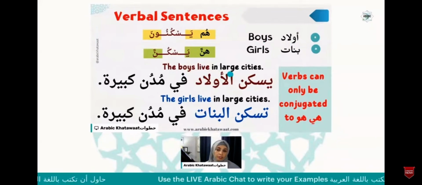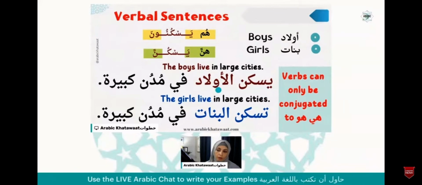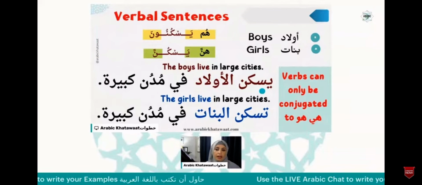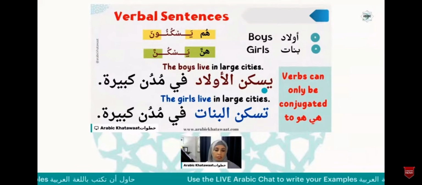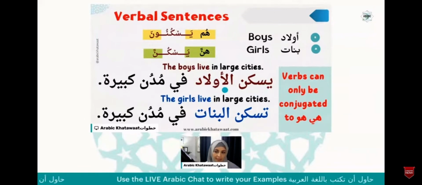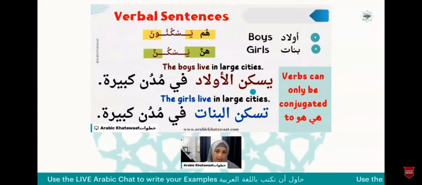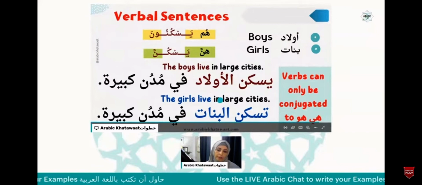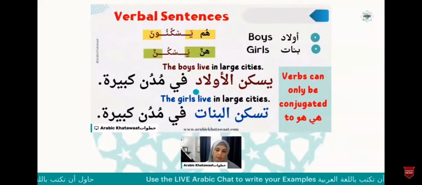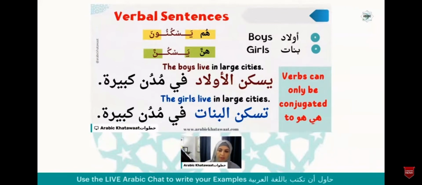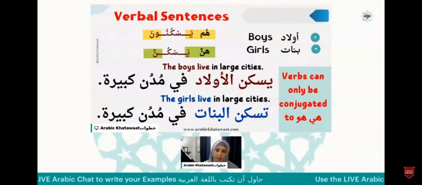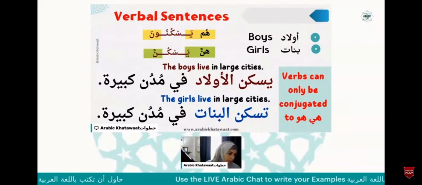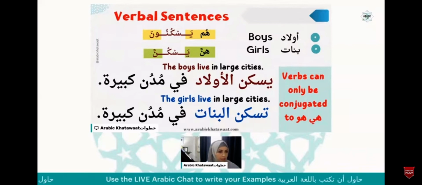So the boys live in large cities would be يسكن الأولاد في مدن كبيرة, like big cities or large cities. And I have to say يسكن, not تسكن, because الأولاد is masculine. And the verb has to be singular, referring to هو. Then I go to تسكن البنات في مدن كبيرة. The girls live in large cities. Does my meaning change? Does the meaning of this sentence